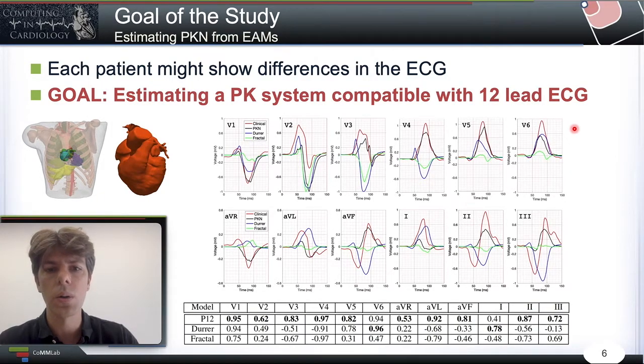And as you can see, only the one that has a personalized Purkinje system can reproduce the morphology and the polarity of the 12-lead ECG, while the others have shown less correlation and accuracy. So now I'm going to show you how we obtain this patient-specific Purkinje system to obtain this match between